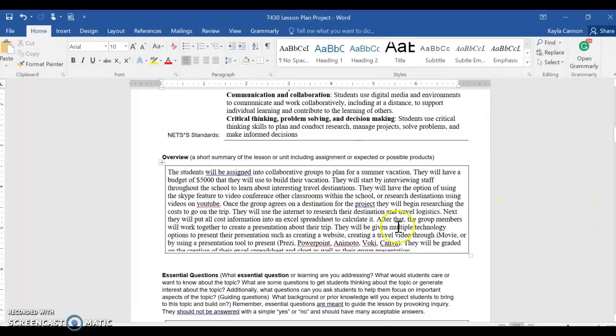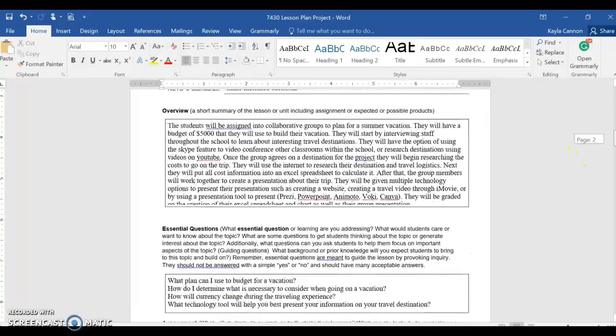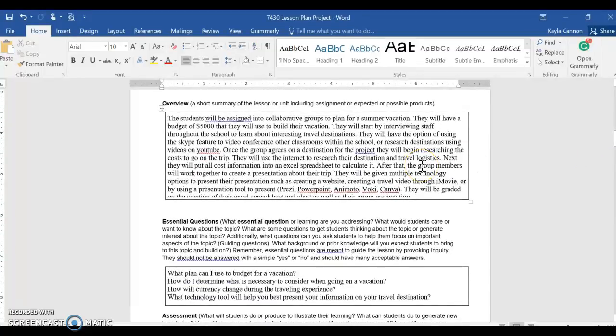Next, once they had decided on their destination, they had to figure out the logistics and budget for it. So they had to take into consideration flights and cars and hotels and all the things that kids don't really think of when they go on vacation. They just think money is, you know, endless. But I really liked this project because it was real life and it teaches the kids the value of money, and that mom and dad can't just, it doesn't grow on trees. So they really got to see where their parents' money was going and how it got there.